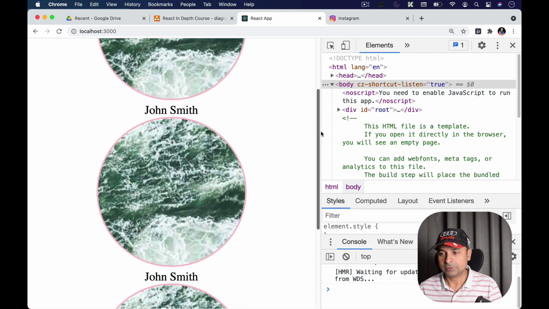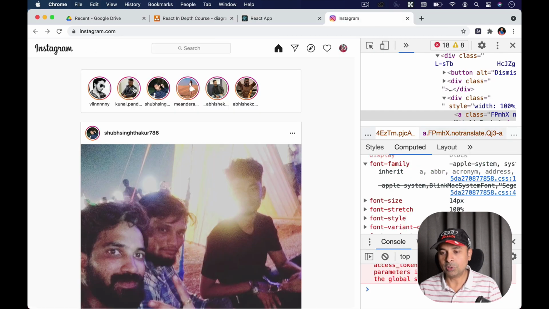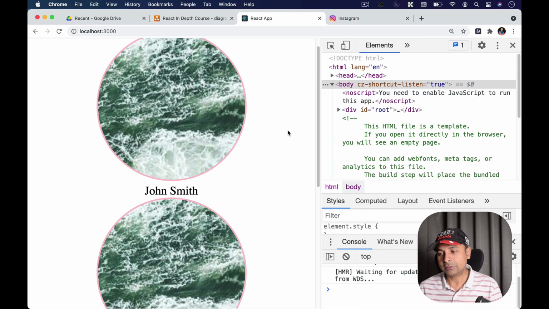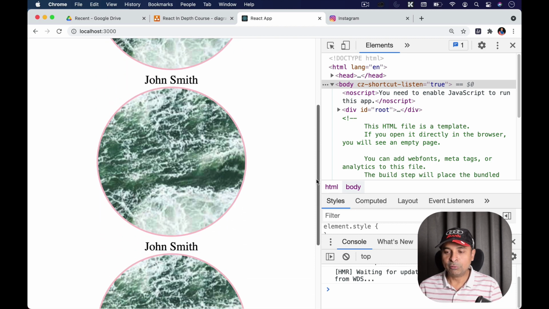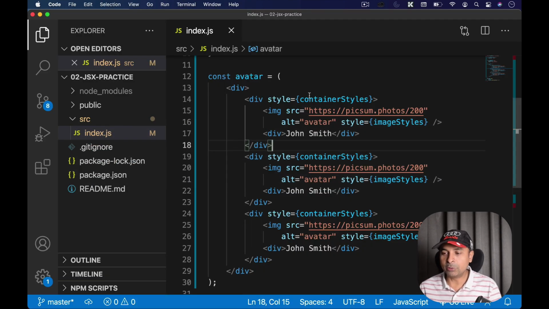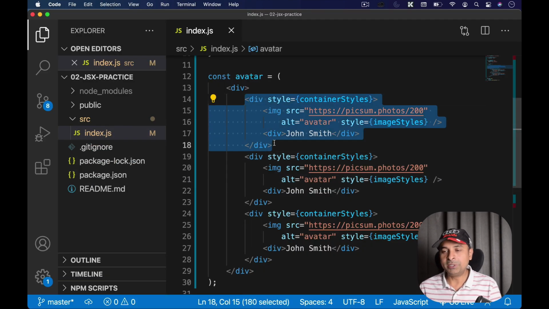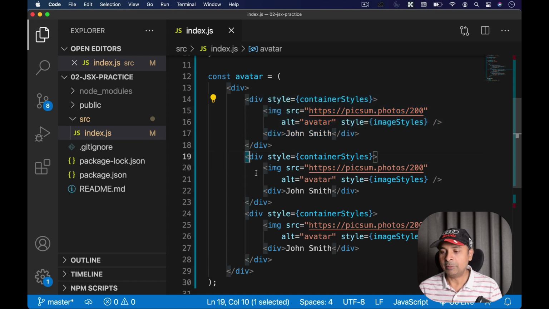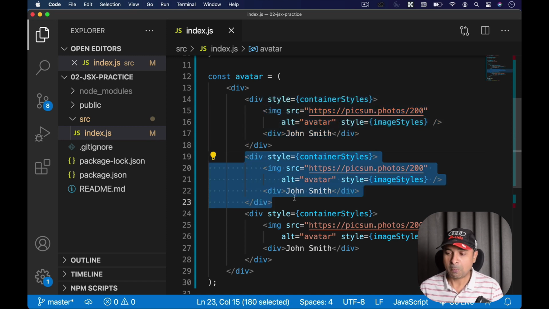Not exactly what I'm trying to build here, but by writing some CSS, we can definitely build something like that. But if you look here, what's wrong? I copied this div from here and pasted it here twice.